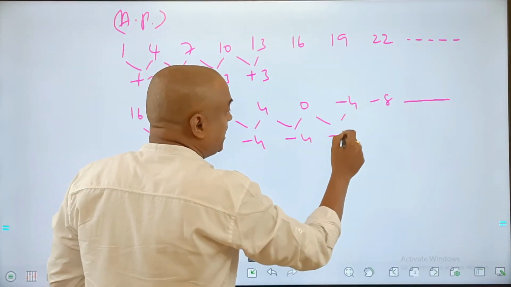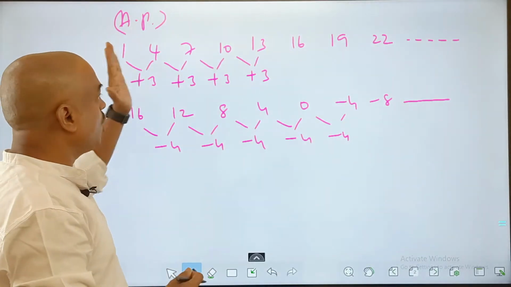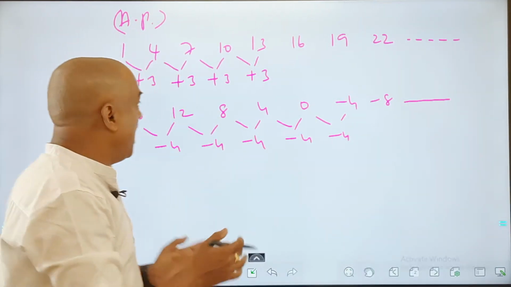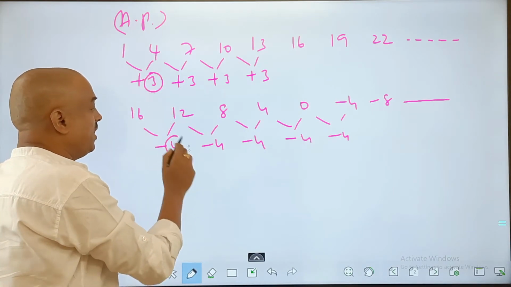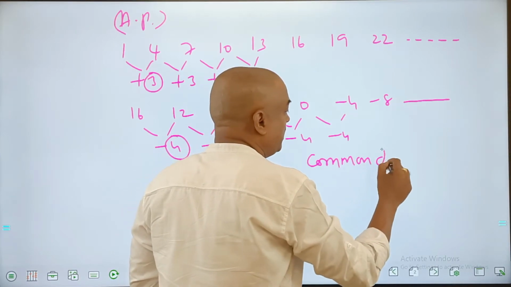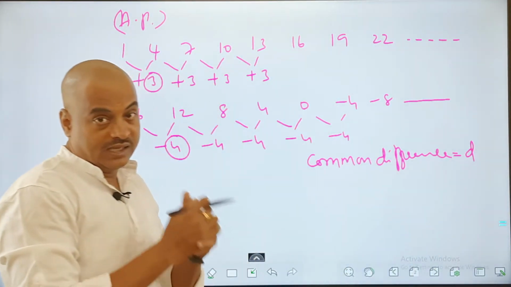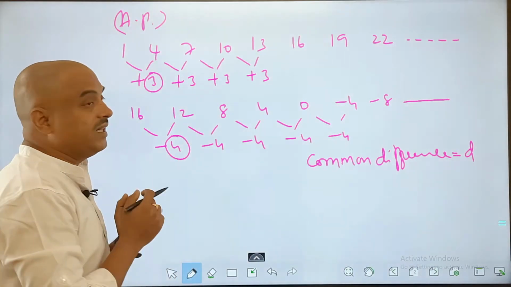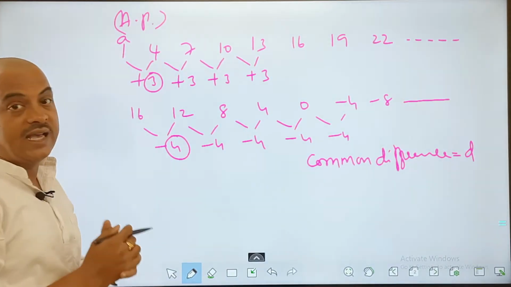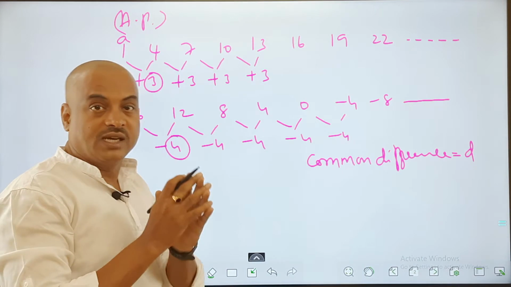So what is an arithmetic progression? To understand, a series which has a common increase or a common decrease is known as an arithmetic progression, and the value by which it is increasing or decreasing we call the common difference. So the common difference between the consecutive terms is known as D. So we represent that with D. And some other points which we need to remember, friends: every time I'll call the first term as A. The first term is referred to as A. Whether it is this series or the other series, the first value is called A.